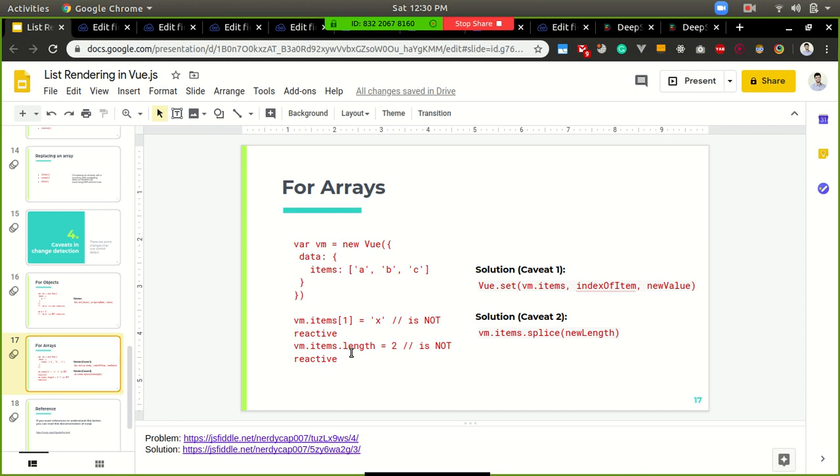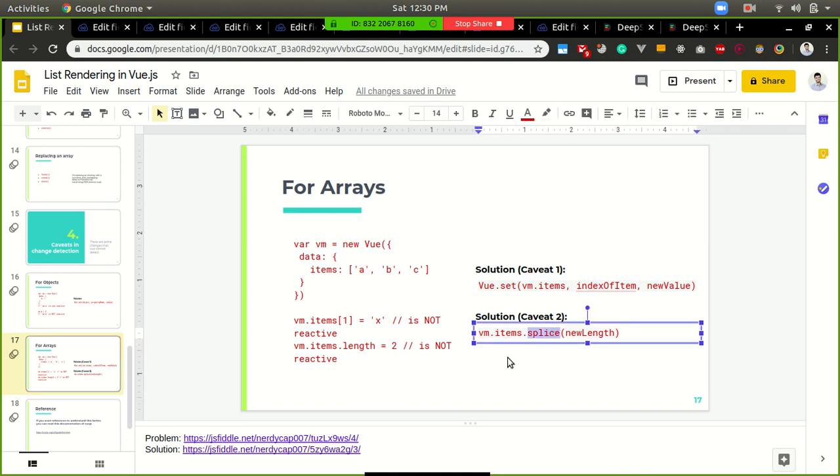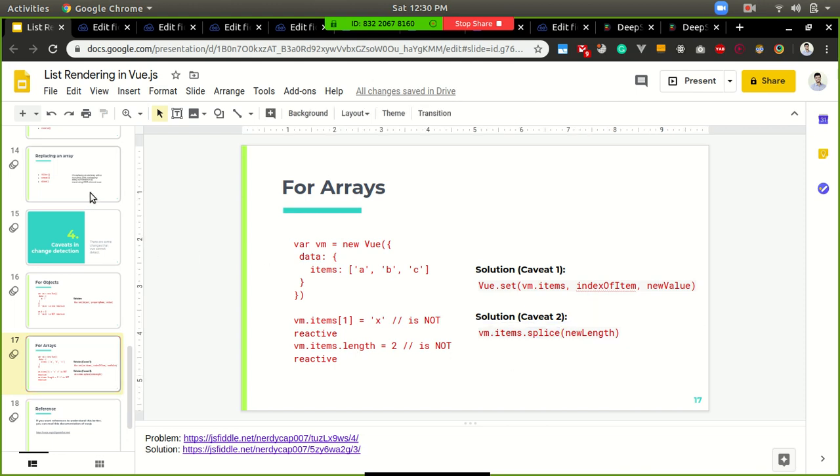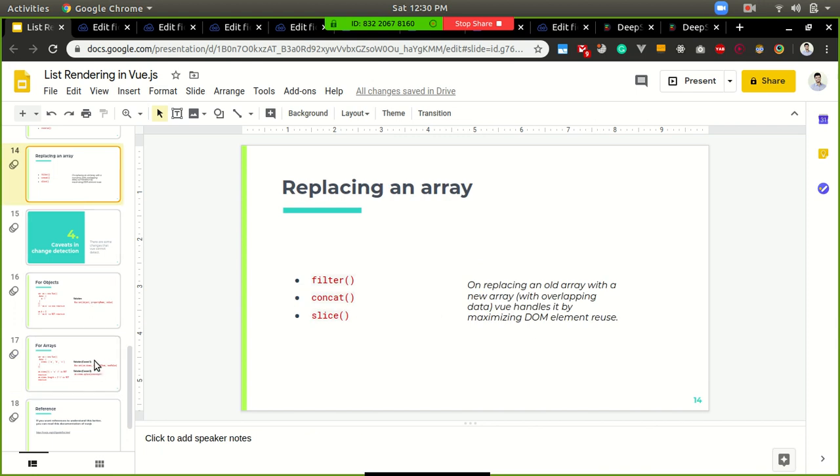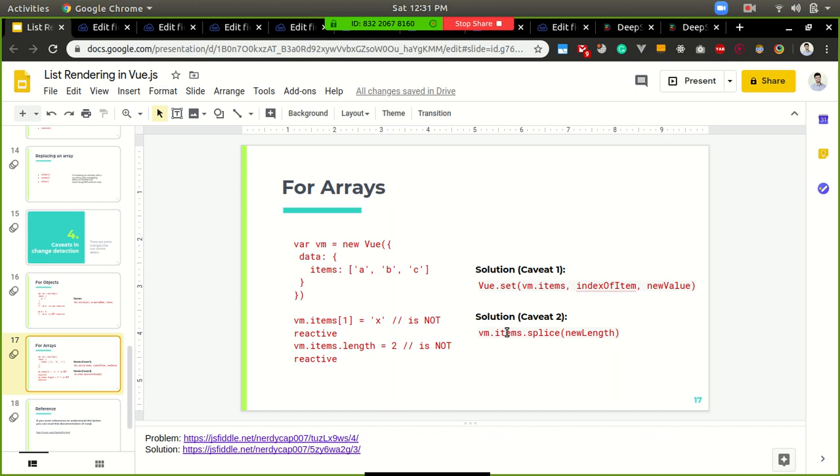The other is if you try to change the length of the array directly, it won't be reactive. The solution for both is Vue.set, as I said before, or we can use the items.splice method. As I told you in the replacing-an-array part, these kinds of functions can be easily traced by Vue.